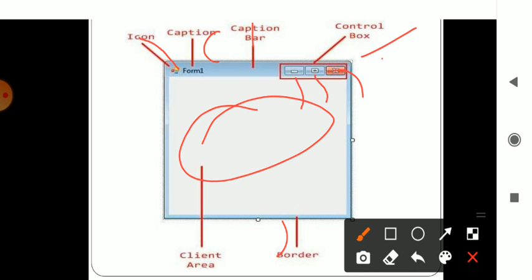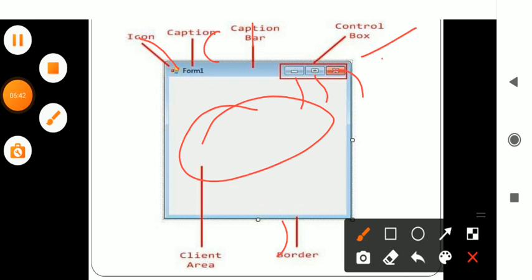So in this session you have learned about the MessageBox, which things are included in the MessageBox, which are the members of the MessageBox, and how to include a MessageBox. You have also learned about form design and what a form consists of. In the next session you will be learning about other concepts like buttons, labels, and others. Thank you.